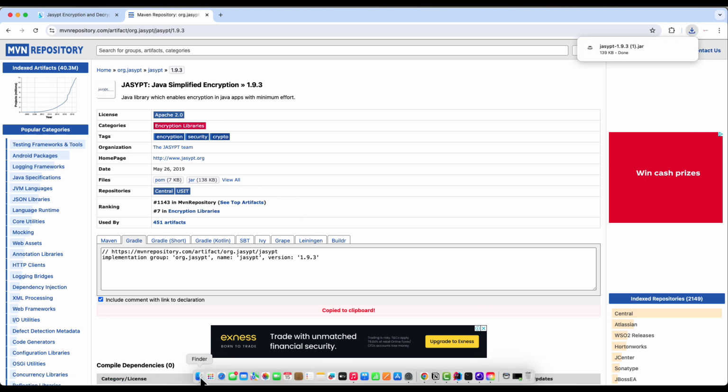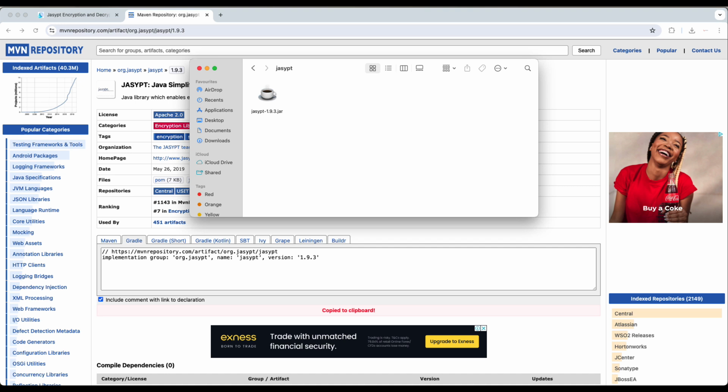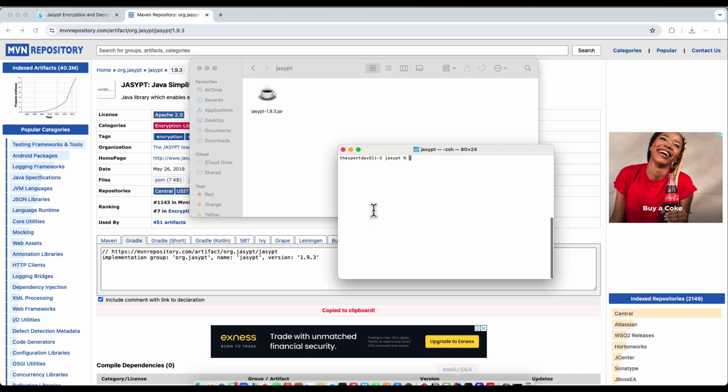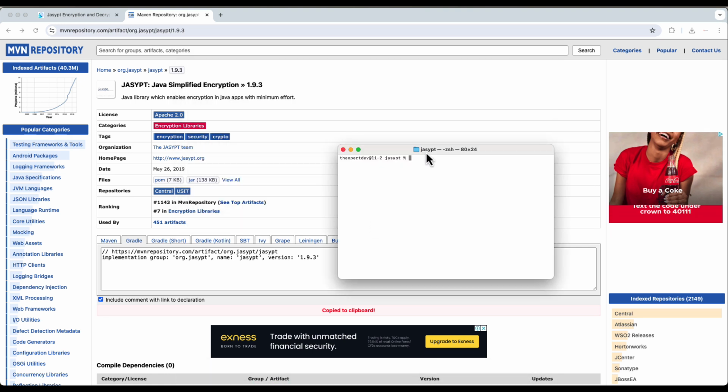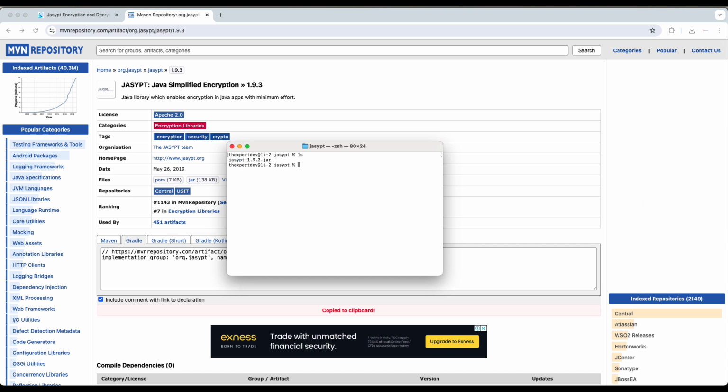So once it downloads, for me, I have it here, and then I'll go to the terminal so that I'm able to encrypt this. So when I go to the terminal, I'll open the terminal on that folder, and I'll see that I have the jar file there. Once that is done, then I want to run my command there. Okay, so the first thing I'll do is, this is a command you have to run, so I'll put it there so that you're able to